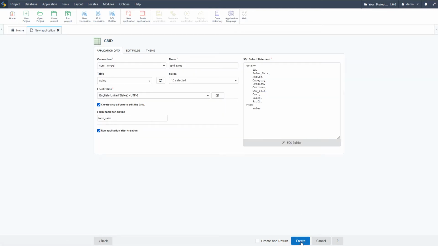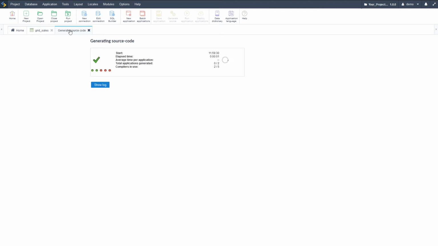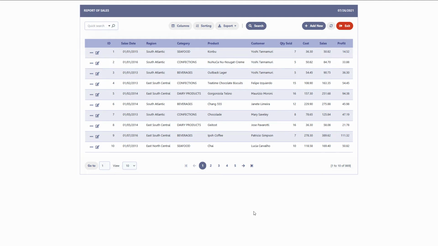So I will continue and start by clicking here the Create button. Scriptcase will then generate the grid application and also generate the source code, and run the grid application for us by default because we had checked the checkbox that was available on grid creation. So now with the default grid,